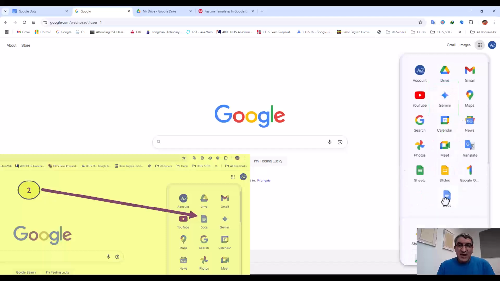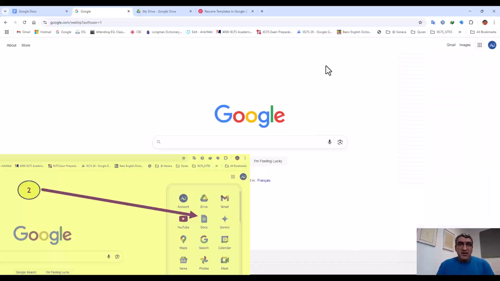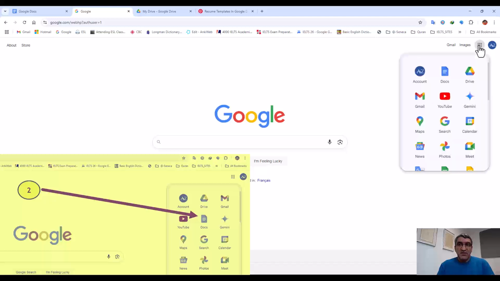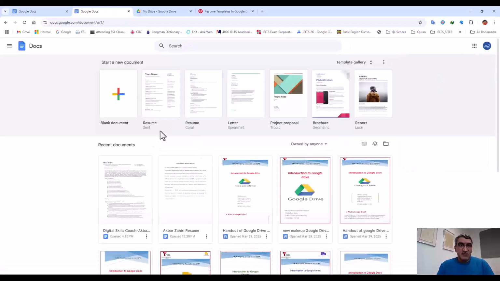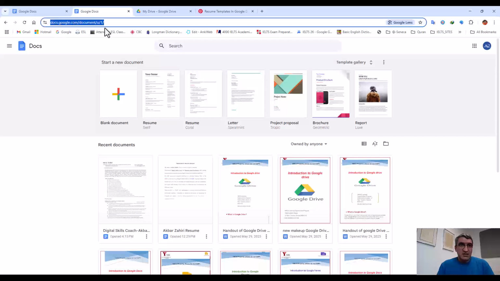You can click and drag it, and bring it up to access easily anytime that you need. So another way is your Gmail. When you go to your Google account and Gmail, on the grid icon, Google apps, if you click, you can scroll down. If it is not here, then click on Docs. So this is another way to access. You see the same Docs, docs.google.com.